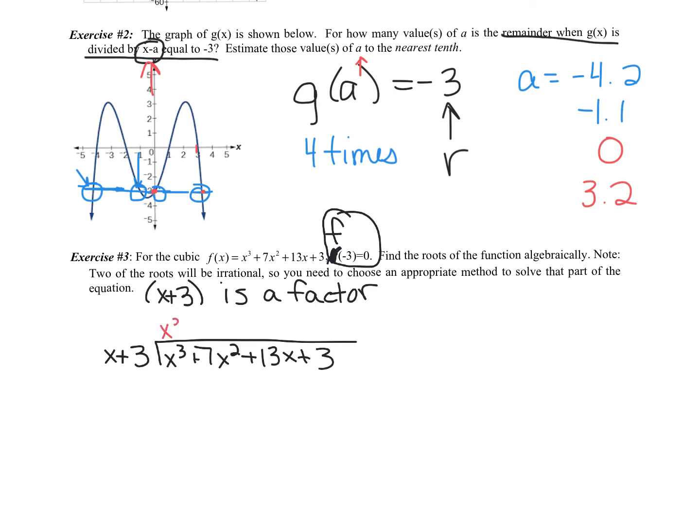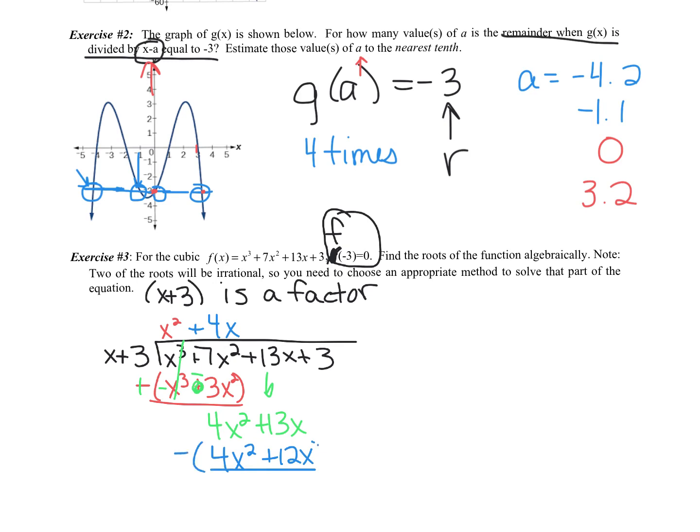So quickly through, and just go back to that polynomial long division lesson if you want a refresher on this, or if you didn't get that part, because this is going to be fast here. So we multiplied x plus 3 times x squared, then we changed the signs. So we get 4x squared, this cancels, we bring down the 13x, x goes into 4x squared 4x times, and that's going to be 4x squared plus 12x. So when I subtract and change the signs,